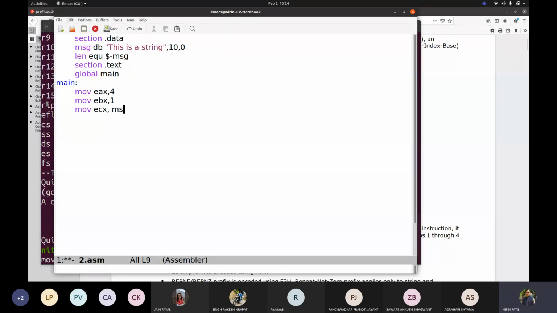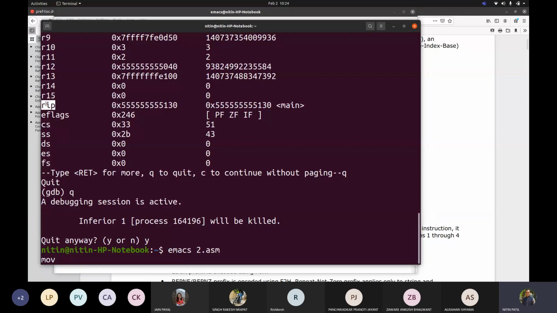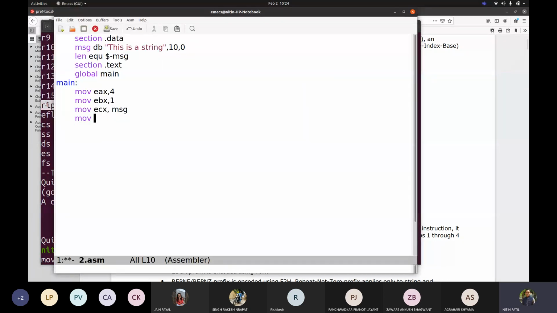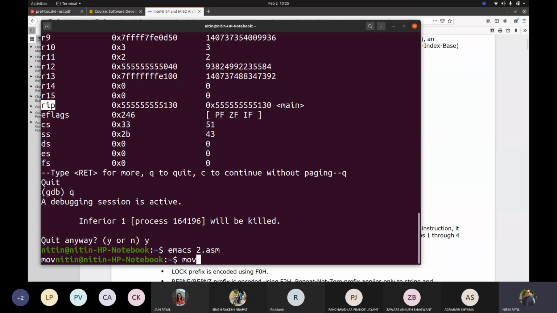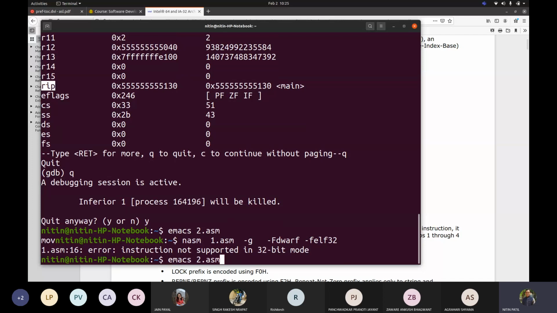Move ECX what you want to display, msg, and move EDX is len, and then use int 0x80 to specify this. Now when I say I want to display this message in my code, for a while I am removing this -f dwarf -f elf32 which was added by us.